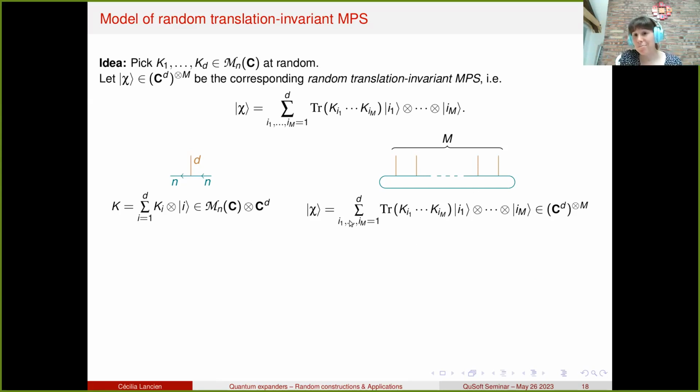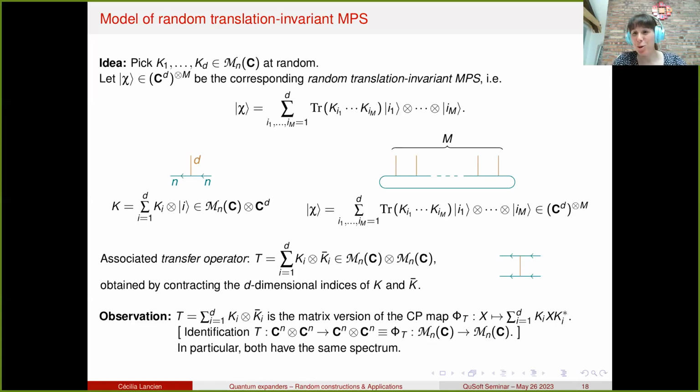And I obtain this resulting vector in CD tensor M. I mean, this is really just for people who like this. There's really no need. You can also write everything with indices and be happy with it. And now one object that will be really important for us later on is the so-called transfer operator associated to